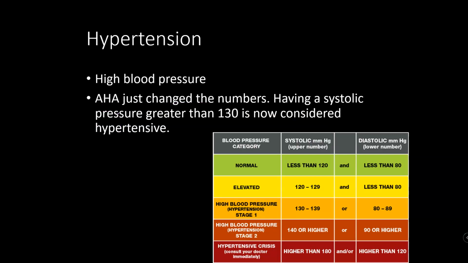Hypertension is high blood pressure. It used to be that you were considered hypertensive if your systolic, or upper number, in the blood pressure reading was over 140. They changed that probably 3 or 4 years ago. Time is weird for me at this point, so I don't remember how long ago it was. So now the cutoff is 130. If your top number in your blood pressure reading at rest is over 130, you are considered to be